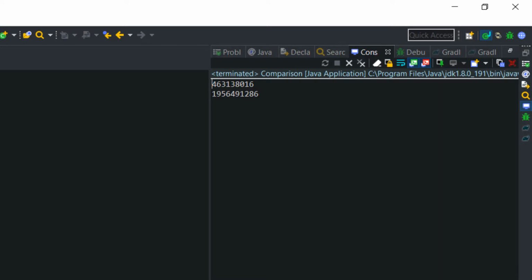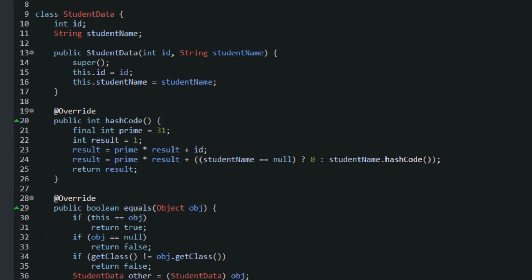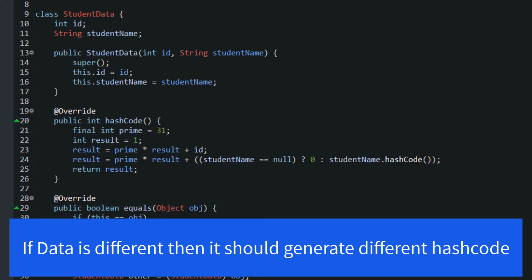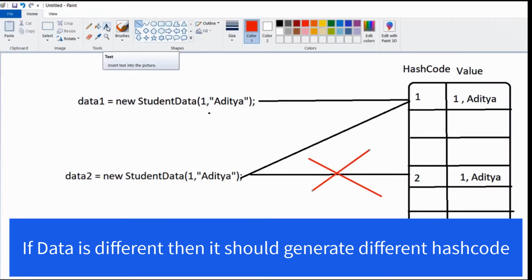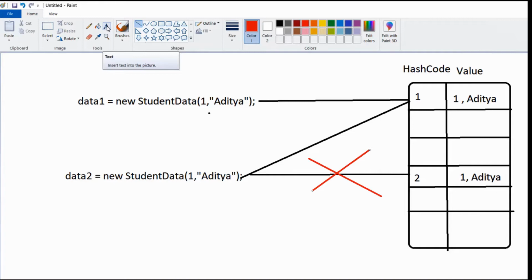So due to this hashCode method that I have implemented, if the data is repeated, it should generate the same hash code, so that data redundancy does not happen. And if the same data exists under a different reference, it should point to the same hash code, and it will be very helpful for storing millions and millions of data in a collection framework.